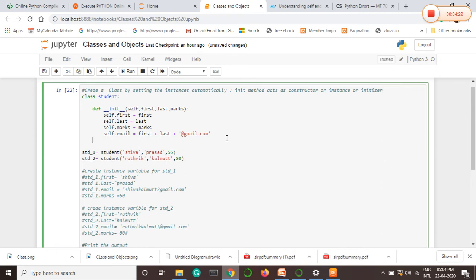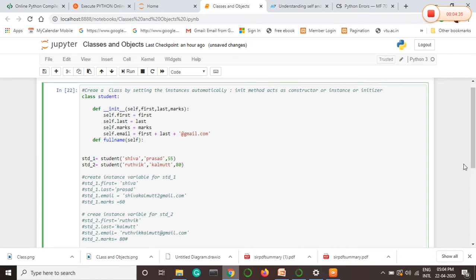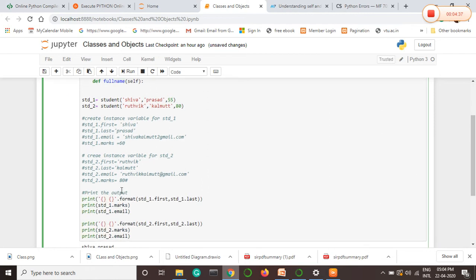We can write def space full_name with open and close bracket with self as a parameter, with colon, then use the same format here. For example, I will use this particular format. Let me cut it, and let me paste it in this place.